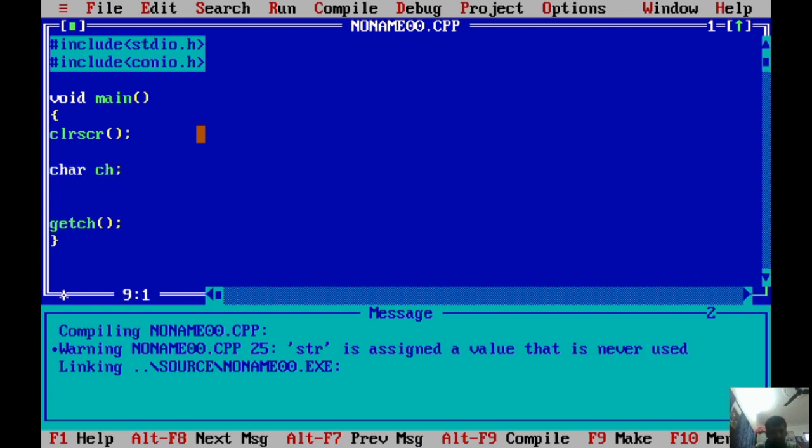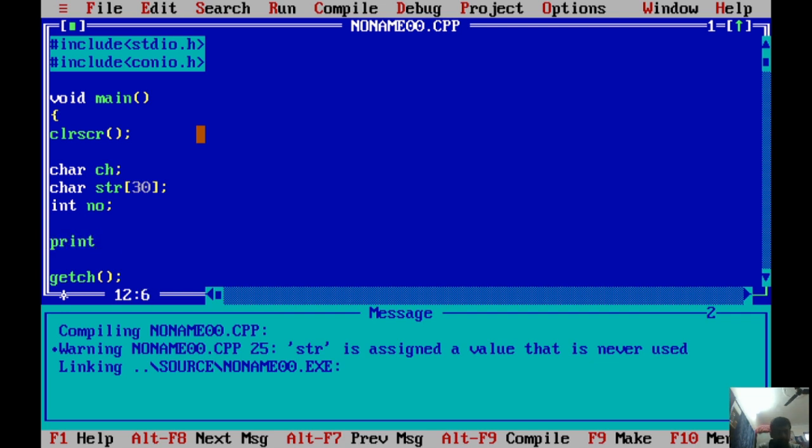Let the character be ch, let it be a string str, so the maximum limit will be 30, and now we will take an integer number, int no is equal to